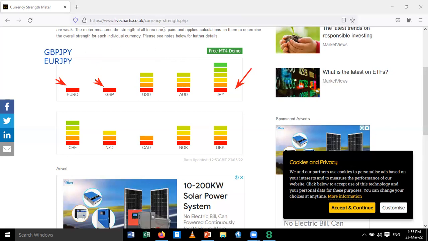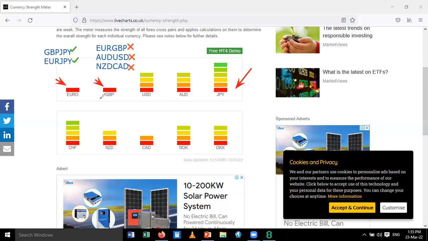Now, I will not take a trade on Euro GBP. I will not take a trade on AUD USD. I will not take a trade on, let's say, NZD CAD. Now, why won't I take a trade on these currency pairs? I can take a trade on the first two because one is very strong, one is weak. But I will not take a trade on Euro GBP, AUD USD, NZD CAD. Why? Because